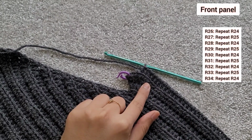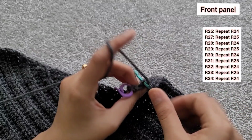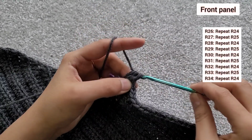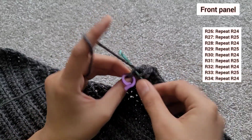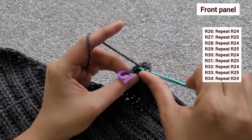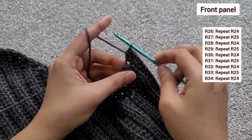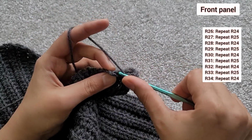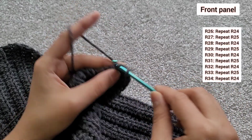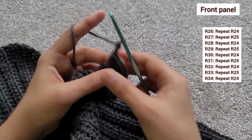I'm almost done with row 26. Last 3 stitches are left. So I'll go in, 1 half double crochet stitch, another half double crochet stitch in the same stitch. Then in the next again we have to make 2 half double crochet stitches, 1 and the second one in the same stitch. Then we'll remove our stitch marker, and in the last stitch again we have to make an increase, so we'll place 2 half double crochet stitches in the same stitch, and this is done. Now chain 2, turn your work,